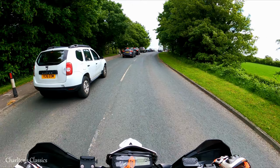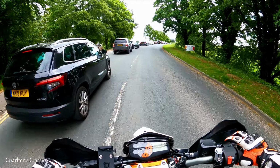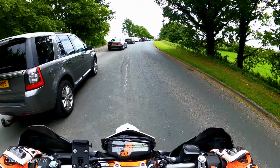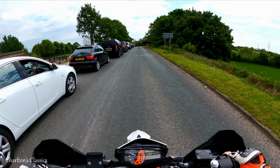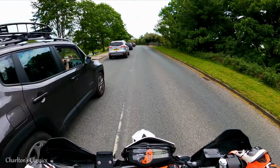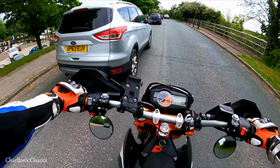I'd then arranged to collect the exhaust that's on it now, which was in Bristol, so I rode over to Bristol and I got a cracking deal on that, brand new, and I paid £700 for it. It's nearly, what, 40% discount there. I think the guy had bought the exhaust for the bike and then crashed the bike, so